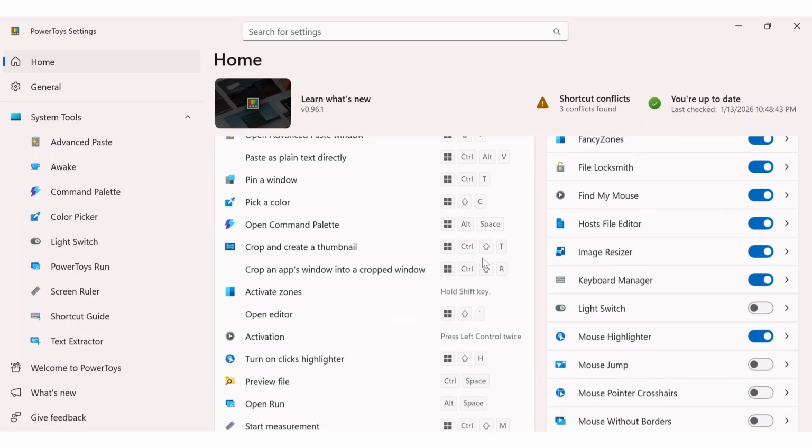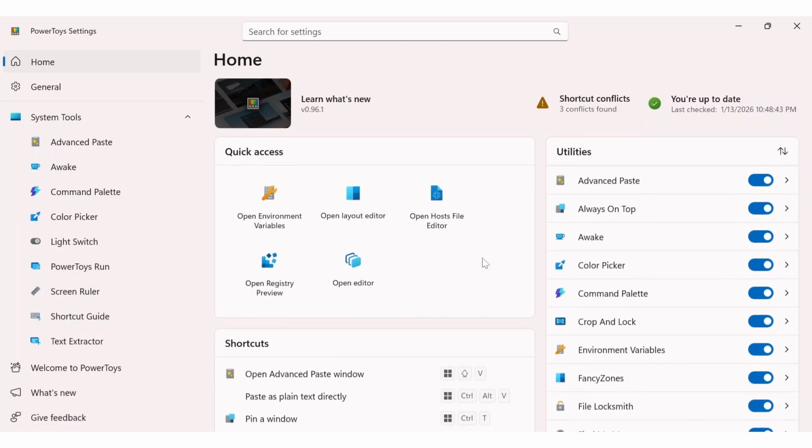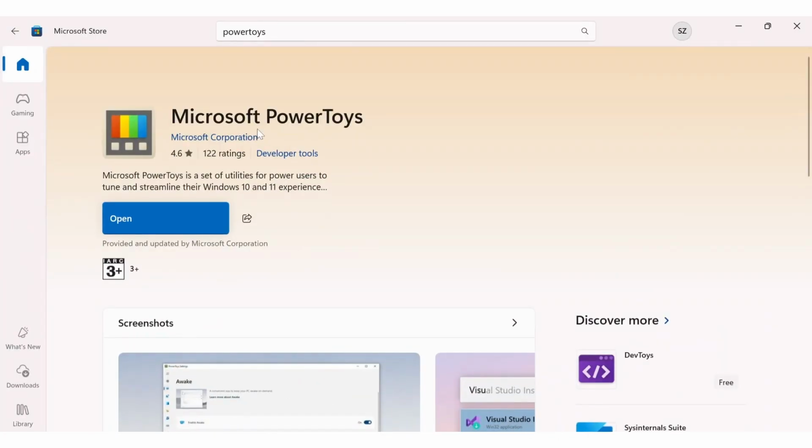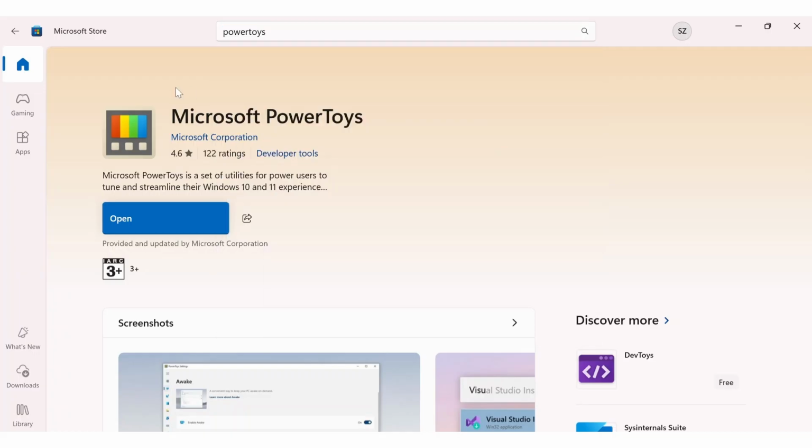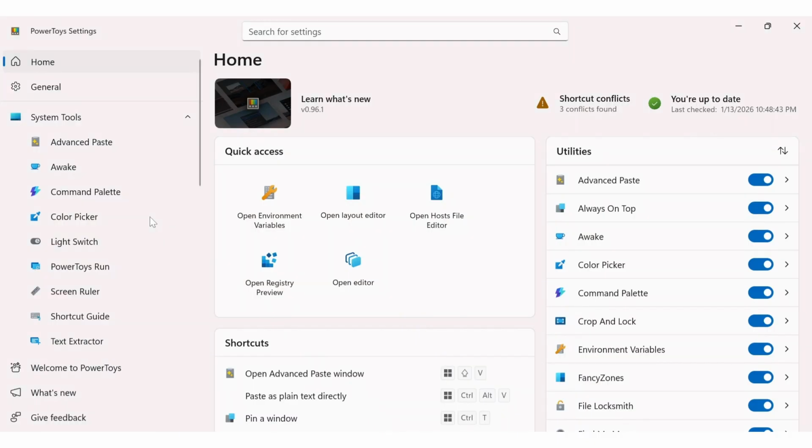In this video, I'm going to show you how you can create your own shortcut key in Windows PowerToys. So let's get started. First of all, you got to download this application. You can do that from Microsoft Store. So you're going to go to Microsoft Store, go to the search bar and type in PowerToys. And if you haven't installed it before, you'll be able to see an install button. Click on that and then you'll be able to see open, and once you click on that you'll be able